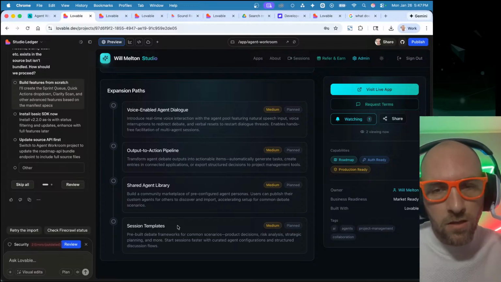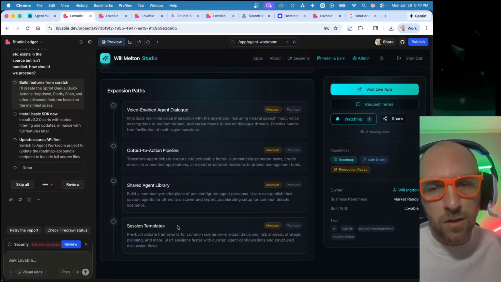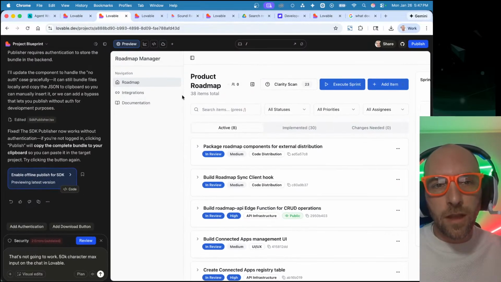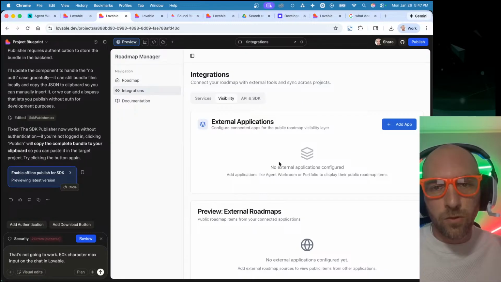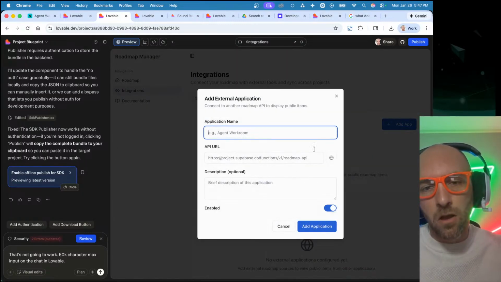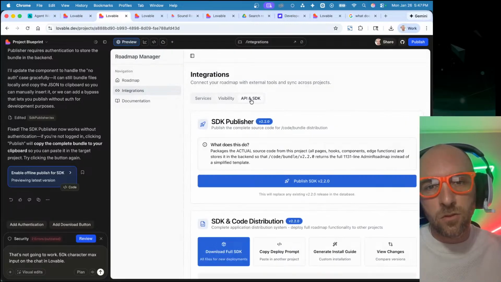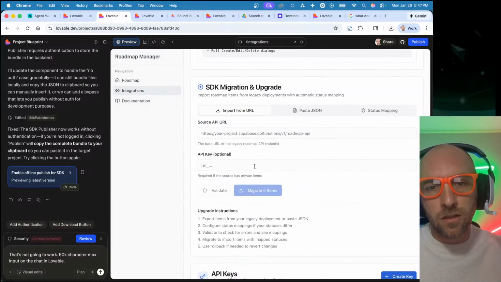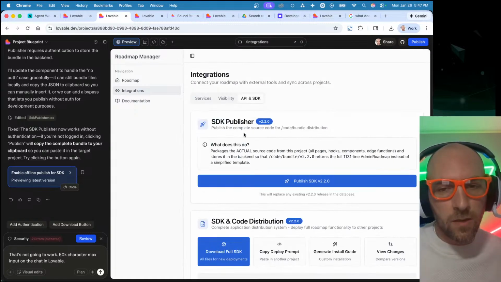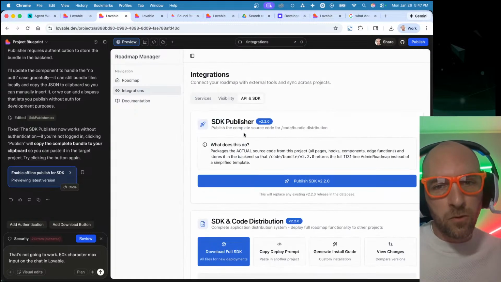So hands-free connectivity of data between two different apps that I'm building, and this build is actually designed to connect multiple different applications together, and all I have to do is grab the API URL and have to have already installed the key. But as long as the key pairing has happened, we'll be able to cross that over.